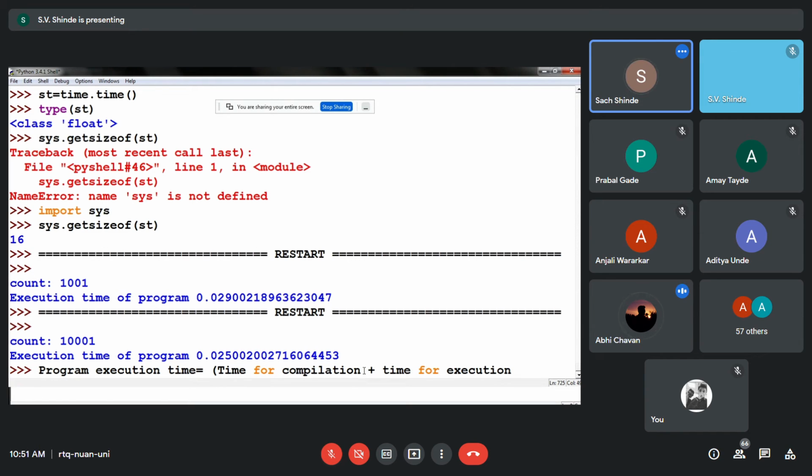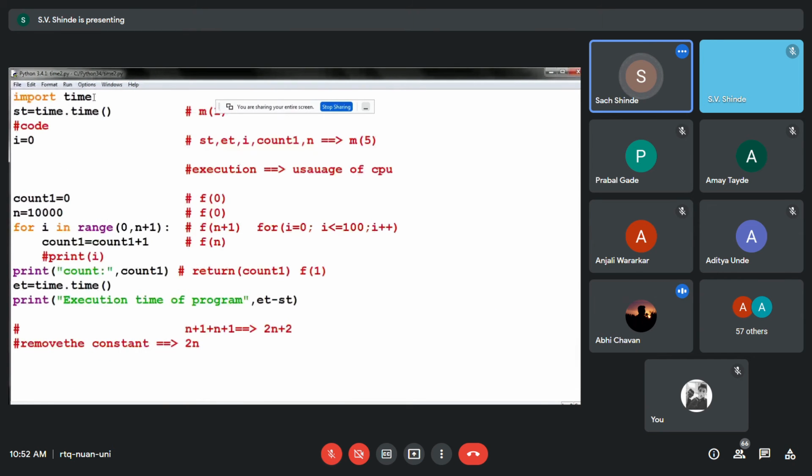So what is this compilation process? Let me tell you what is the compilation process and what is the execution process. So here you can see I have now inserted the first headers over there, that is import time. So what do you mean by this? Yes, participants, import time. We have seen this in PPS, import module. Do you remember?